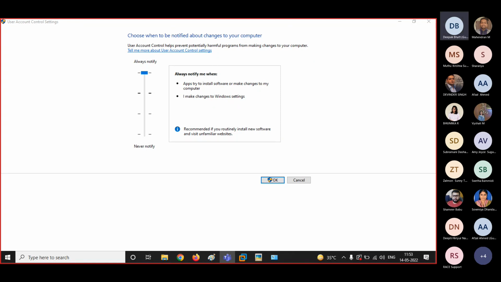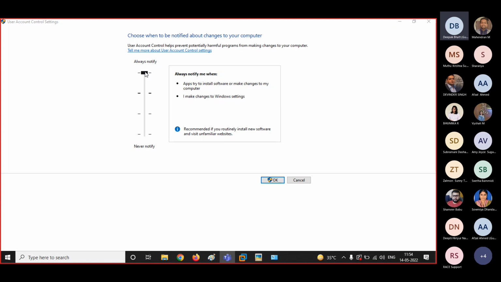Now, what these malwares generally do is they try to download the supporting files into your system. If you have not made this kind of setting, you will never be notified what files are getting downloaded by the malware. But once you make this change, every time any file tries to download anything in your system, or tries to make any change to Windows, you will be notified. So this is the advantage that you should be taking.